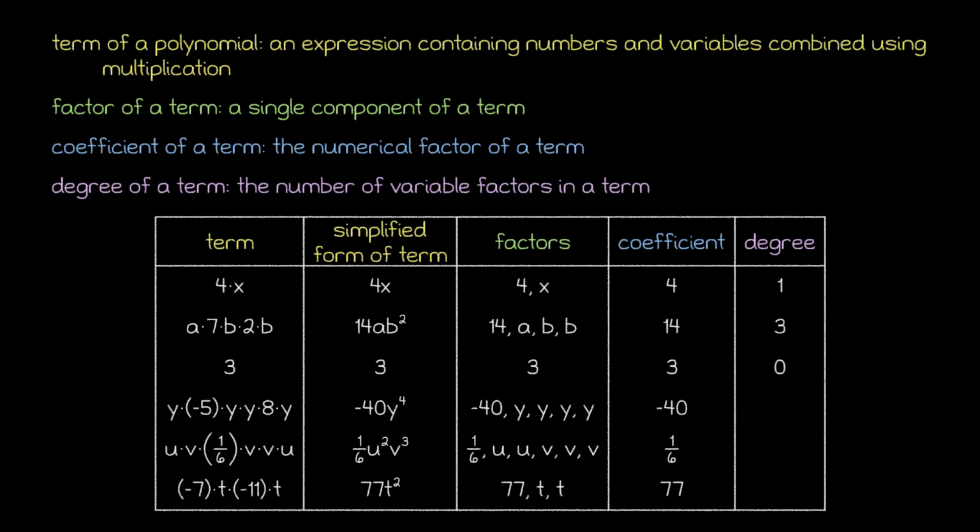Then, for our last 3 examples, notice that if our term has a single variable raised to an exponent, the exponent indicates the degree of the term. But if we have multiple variables with exponents, we need to add those exponents to obtain the degree.